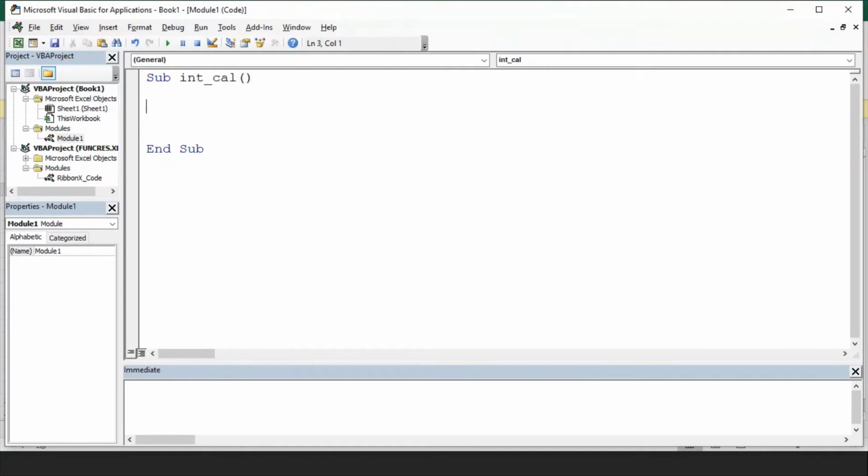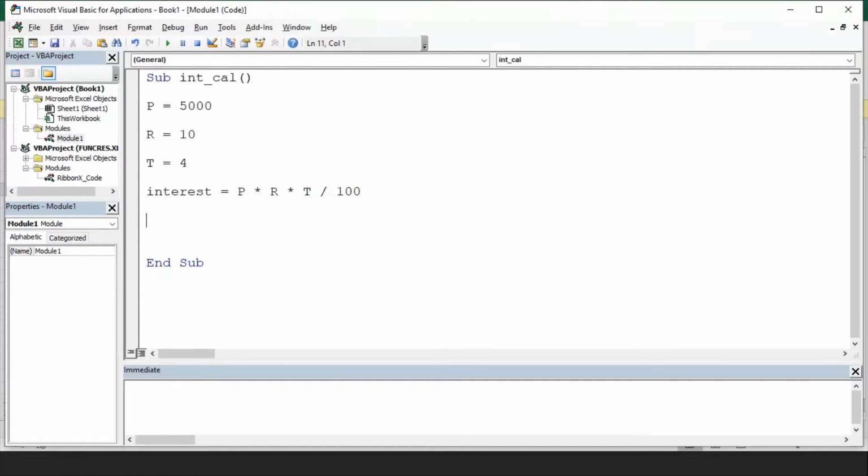So let's do it. I say P is equal to 5,000. This is my principal. R is another variable. R is equal to say 10%. So I will write 10 and divide by 100 to use percent. And say T is time, which is equal to 4 years. So the simple interest formula is: I am taking the variable name as interest, the complete name. Interest is equal to P multiplied by R multiplied by T divided by 100. So this is my formula.